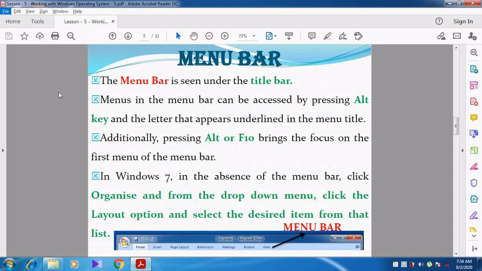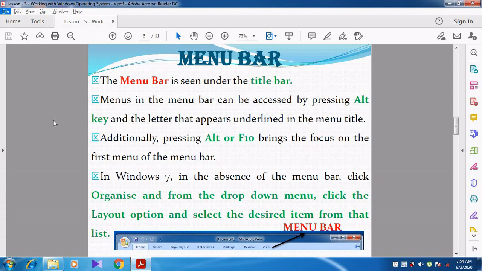Again I repeat, there is no underlined character here, but when I press the Alt key, it automatically focuses on the menu bar. The focus comes to the menu bar. Here F is underlined, then E is underlined, then B is underlined.